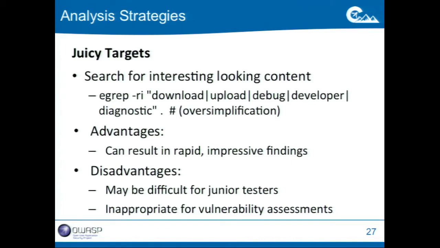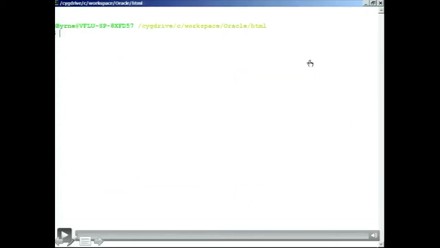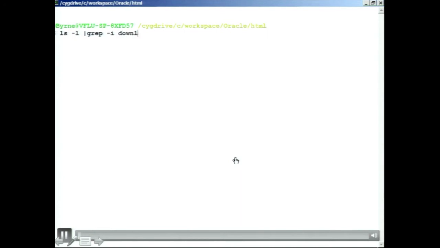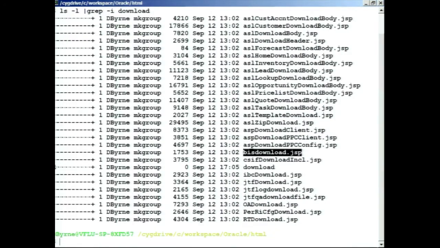It might be a little more difficult for junior testers though, because it may not be as obvious to them where to look for things like this. And if you're doing any kind of thorough vulnerability assessment, it's completely not a very methodical approach. It's more spot checking. So the JSPs